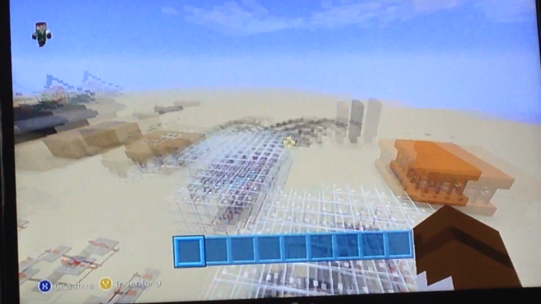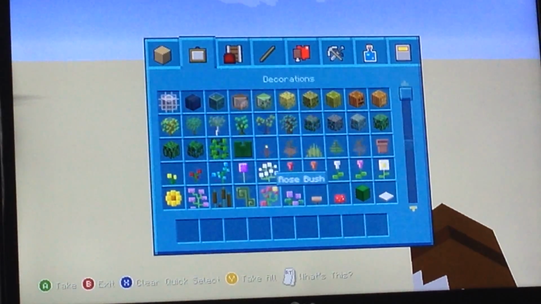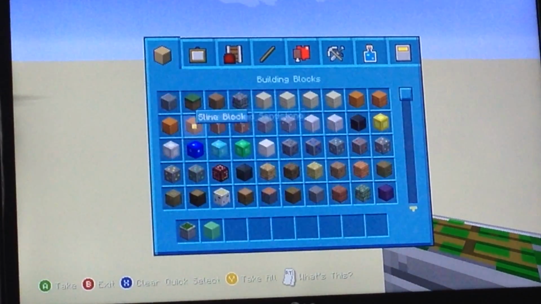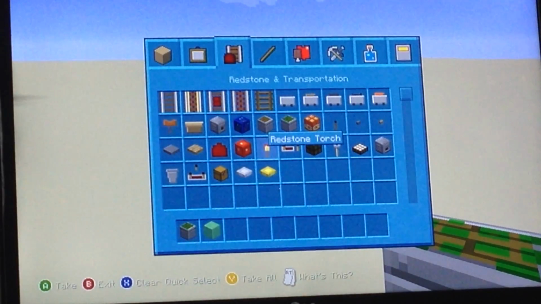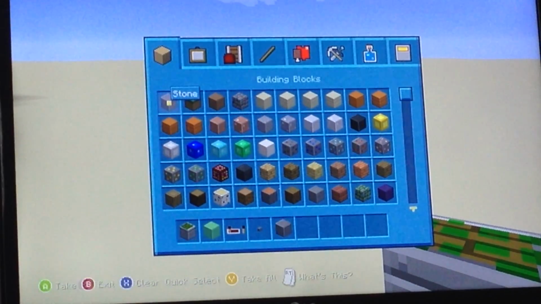At number 3, we have the TNT launcher. Now, unfortunately, someone destroyed it. I literally don't know who destroyed it, though. But basically, what it does is, as the name implies, it's a slime block